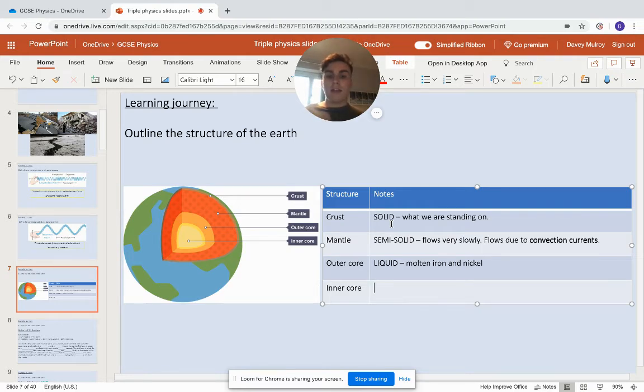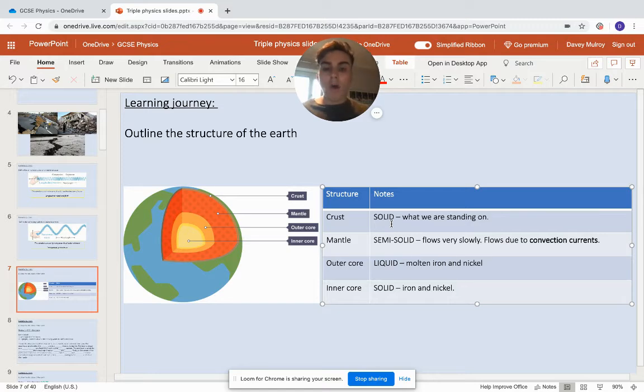Now, our last thing then is the inner core is actually solid. Okay? And the key reason why is that all of the mass of the Earth is squashing particles together, and they are so closely packed together they become a solid. Okay, they become one. There is no space for particles in the center of the Earth to be able to flow. Just like the outer core, though, it's made of iron and nickel,